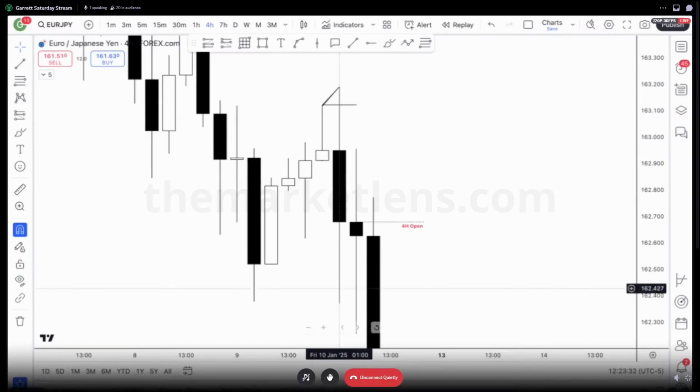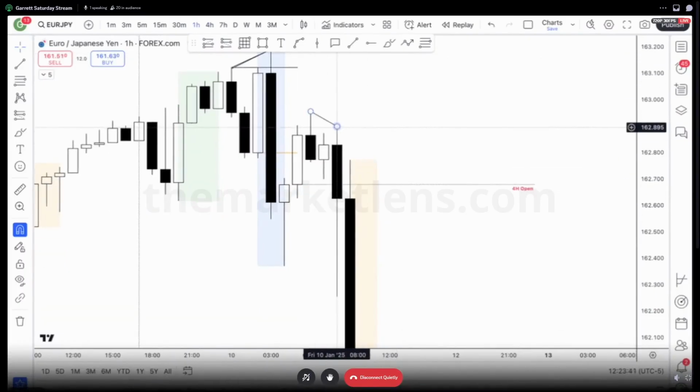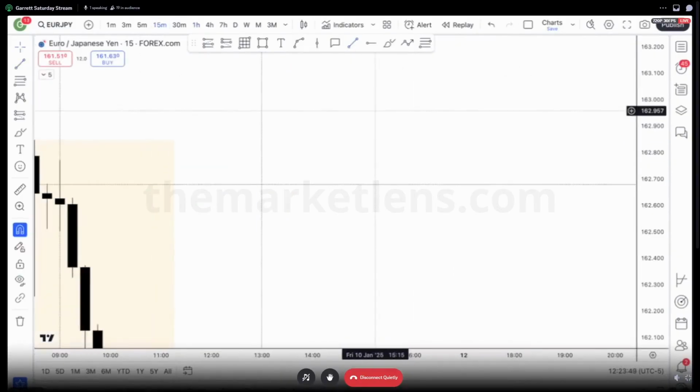You're just going to look within that range, the upper half of it. Is there a key level to trade to create that wick? And so here we have the high of the candle created with SMT right here. This is also news we had on Friday. So when I open up here,